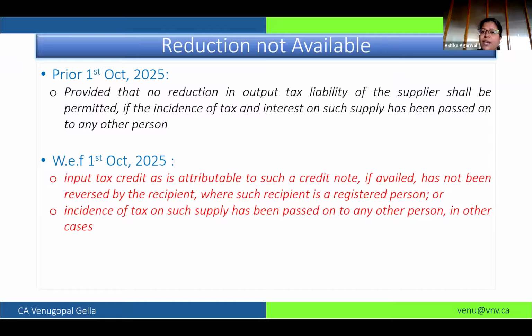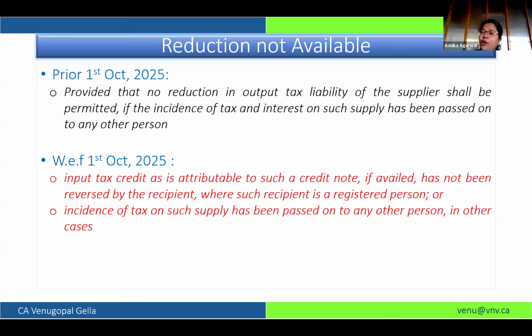Now they have broken it into 2 points. For my ease of reference, I am referring to them as B2B and B2C. So if it is a B2B transaction, obviously what I furnish will get auto-populated in GSTR 2B. And accordingly, as you have seen, IMS is in place. So my recipient is accepting, rejecting, and pending. If I have furnished my credit note details, they will auto-populate in 2B. And now IMS has, from October, this month only, given the facility for a credit note also to be kept pending.